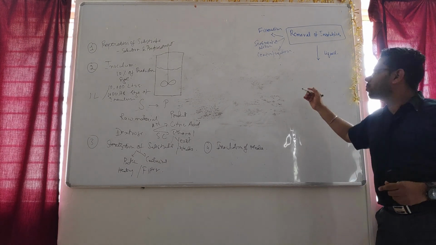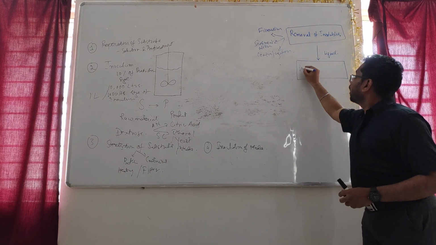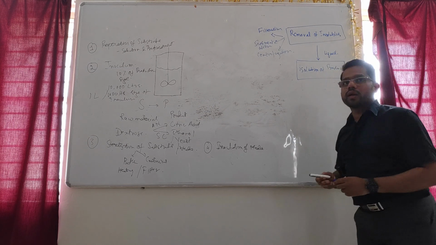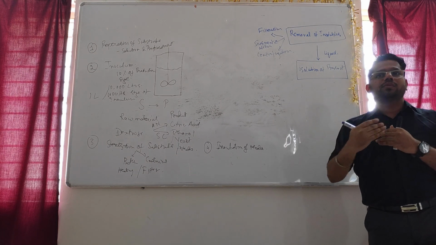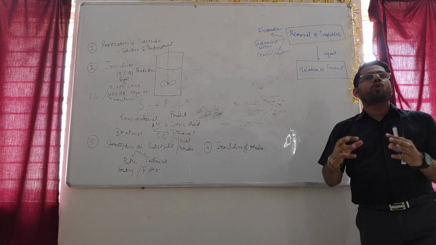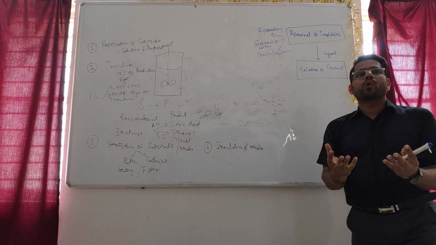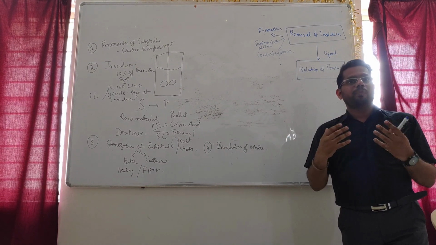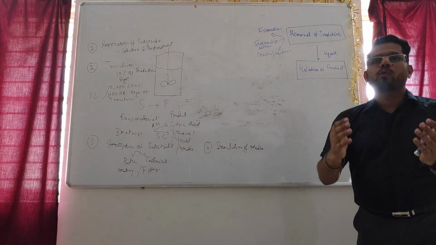So what are the further processing steps? The further processing steps consist of isolation of product. So you have to isolate the product and remove the other undesired components. What is the method that can be used for isolation of product? Suppose your product is protein. Example, if your product is protein, how can you recover only proteins and remove other components from a cell? Precipitation. Precipitation can be used to recover only protein components.